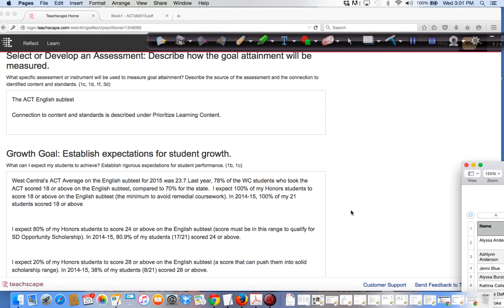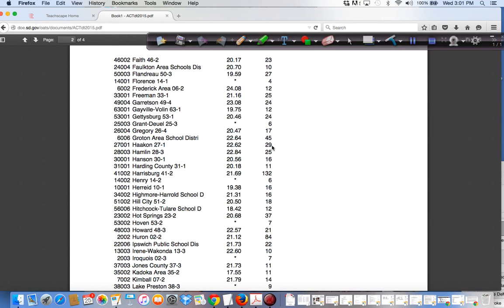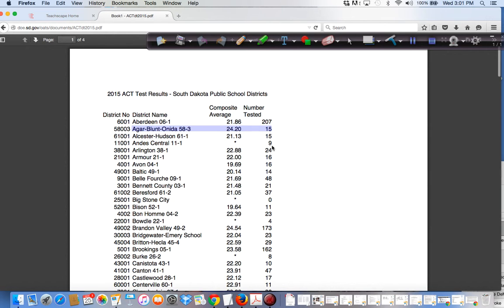Our ACT average on the English subtest score for this past year, 2015, was 23.7, and our composite was 23.8. That 23.7 is the highest English subtest score that my students have ever recorded. And I'm sure you're aware that our 2015 results put us behind only, these were from the state website,